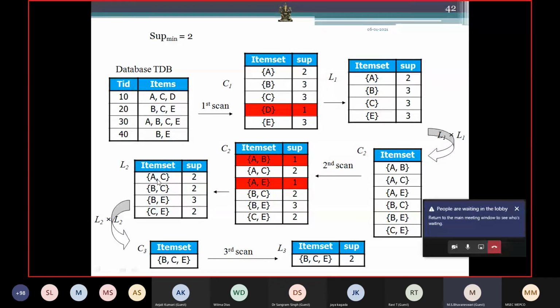So what we will get? ACB, we will be getting it. That is one subset. That is a candidate. ACB means we have to check all the subsets. ACB, what are the subsets we are having? AC is a subset. It is there. CB is a subset. Okay, so we are having it. So CB, we are not having it.